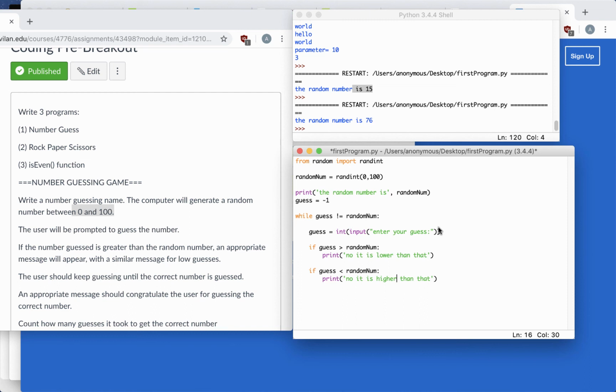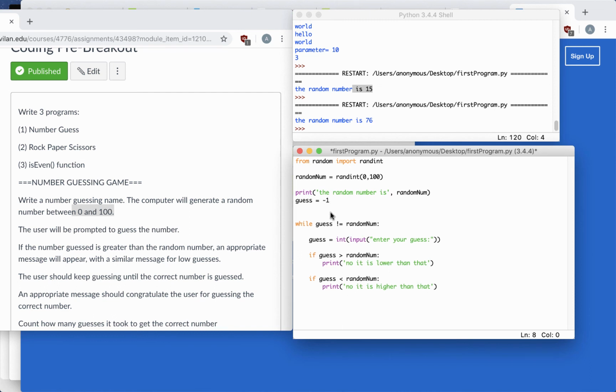And every time the user enters a guess, we're going to have some kind of a count variable, which is going to start at 0. Every time they enter a guess, we'll tell count you're equal to your old value plus 1. So this is how we're going to tell count to increase its value by +1 every time the user enters a guess. And then at the end of all that, I'll say